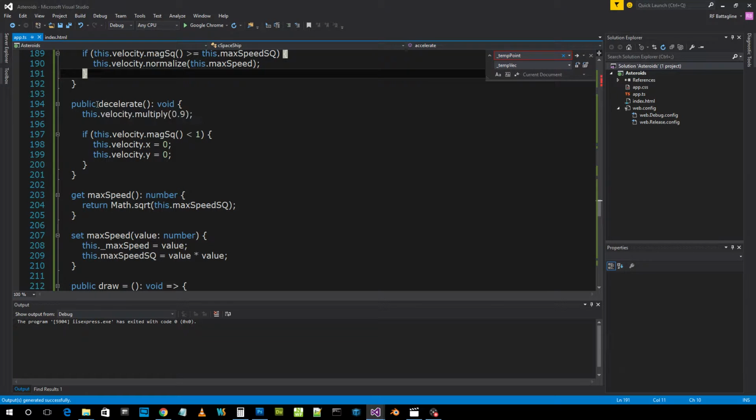Anyway, so here we have our deceleration, and this is kind of a bit of a kludge here, because all I'm doing is basically reducing the velocity to 90% of what it was when you hit the down arrow until it gets to a certain speed, and then I just cut it off completely. And that's just kind of the decelerate. I don't know that this is actually going to be there in the long run, but I have it there now because I want